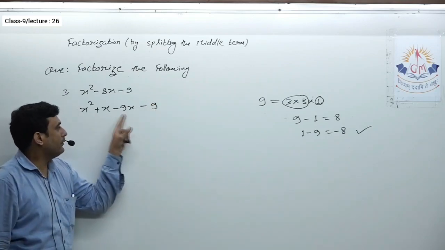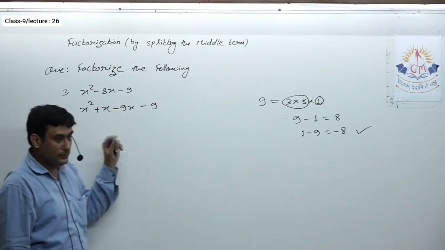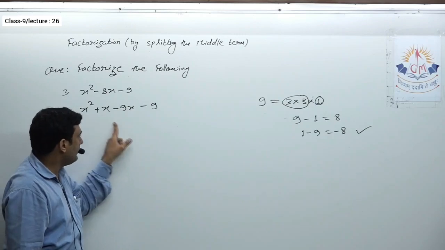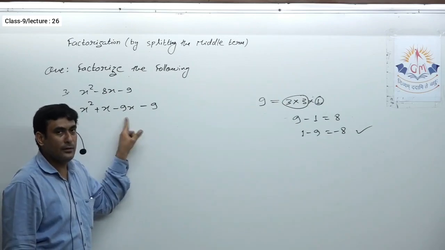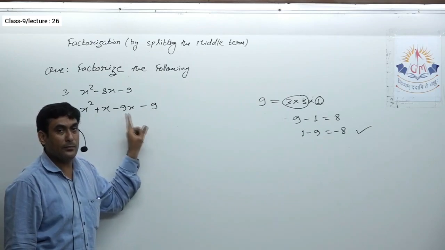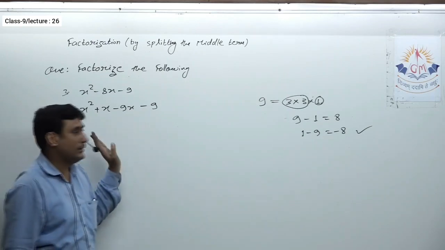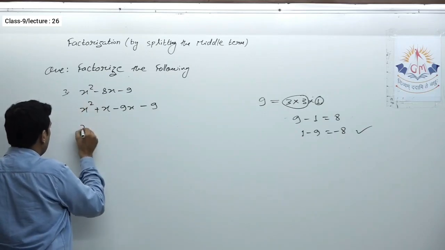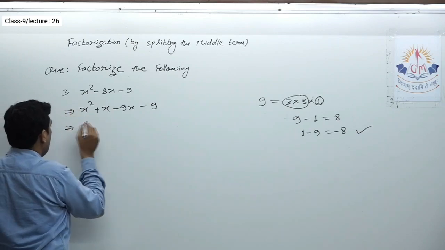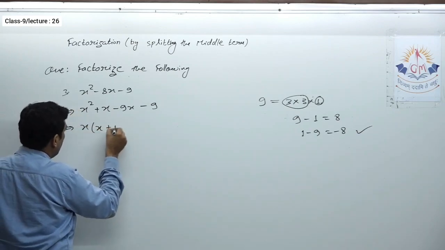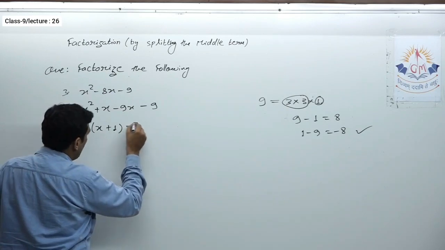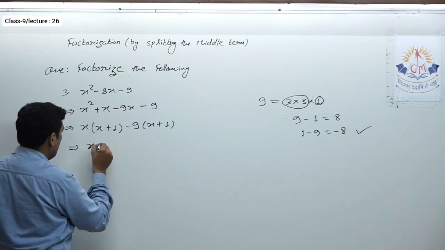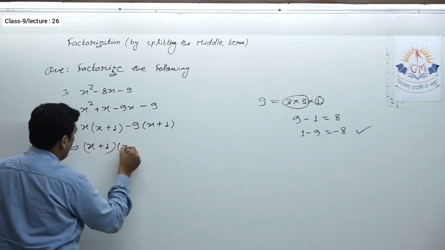Okay, x minus 9x gives you minus 8x, and the second thing that I told you in the previous two sums, do check their product. Their product is x multiplied by minus 9x, which is minus 9x square. Here it is the same thing. That means we are on the right track. Now we'll take something common from these two, that is x. And when I take x common, I get x plus 1 in brackets. From these two I can take minus 9 common, so x plus 1. That is x plus 1 times x minus 9.